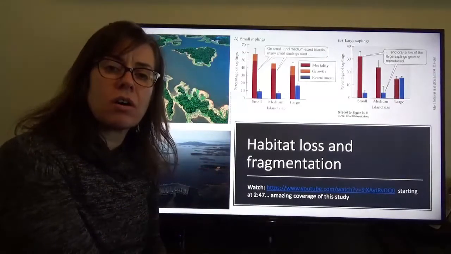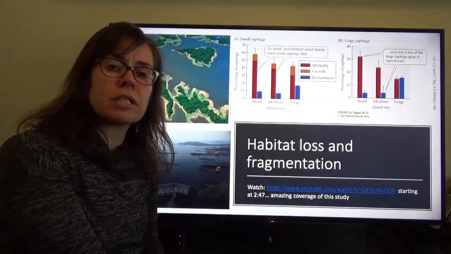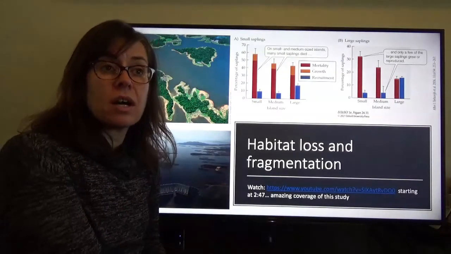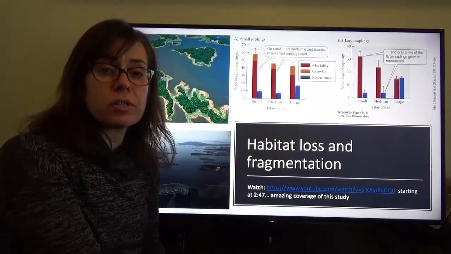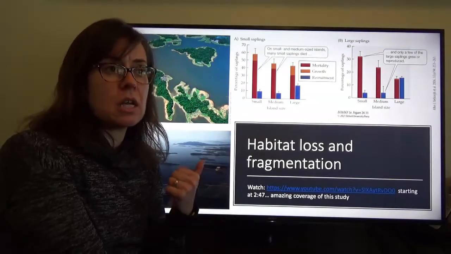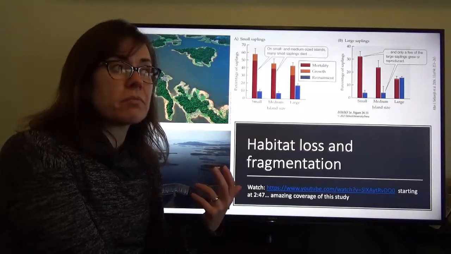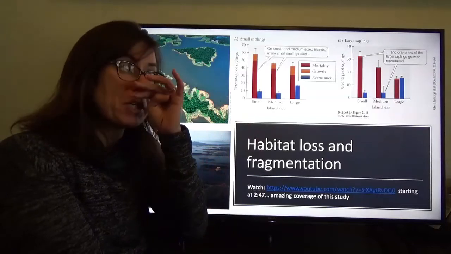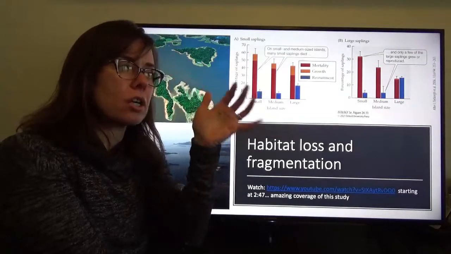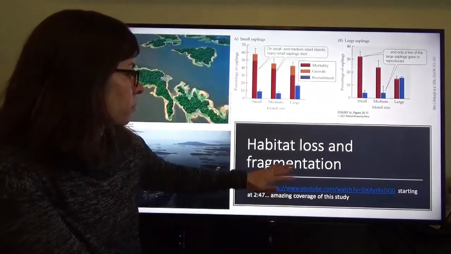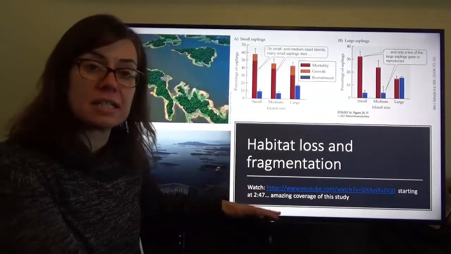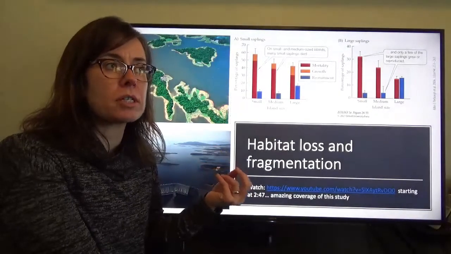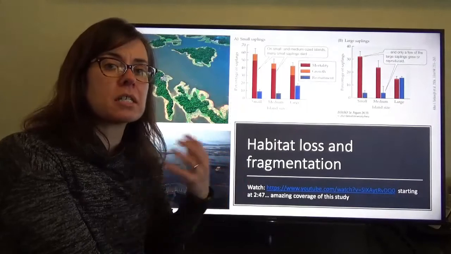So we lost pretty much all of the large predators in these islands, and what happened was an explosion of the herbivores, so howler monkeys, iguanas, leafcutter ants. Depending on the island, the process is different, but in all cases, the loss of these large carnivores led to what is referred to by Dr. Terborg as an ecological meltdown. The populations of these herbivores exploded because they lost their predators,